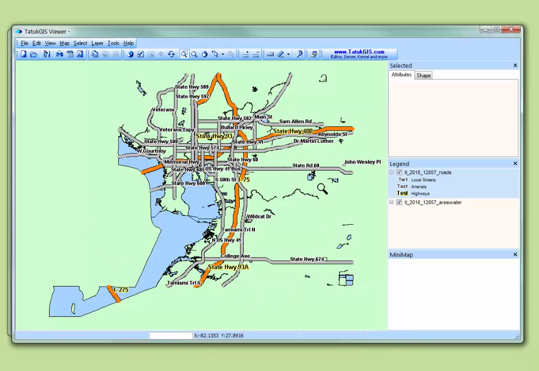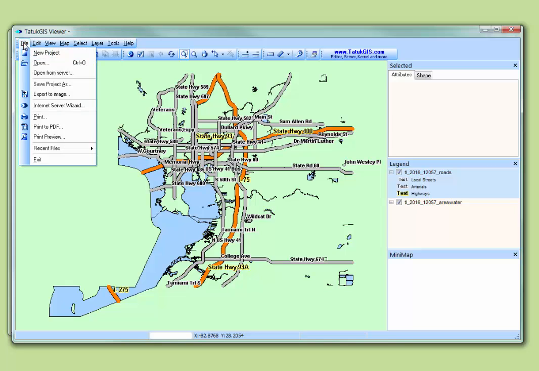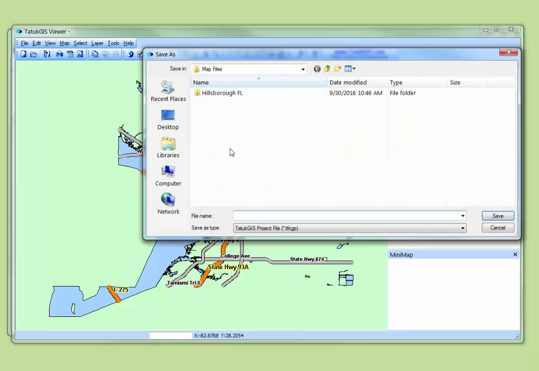But once we have our map looking good, we want to save it. So go up to File, Save Project As, and this is important. We're probably in the Map Files folder because we were just selecting the INI files. We want to save this project in the Hillsborough folder, in the folder where your other files are located. So you have to go into that folder,